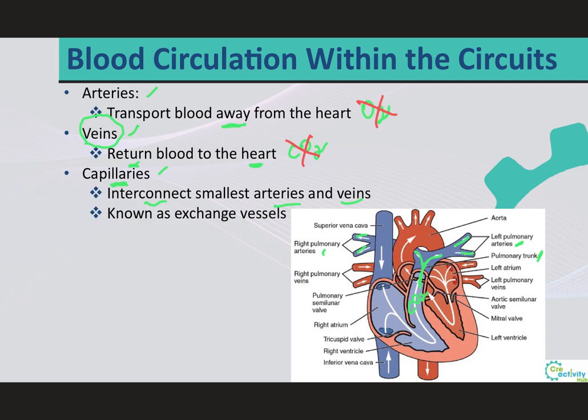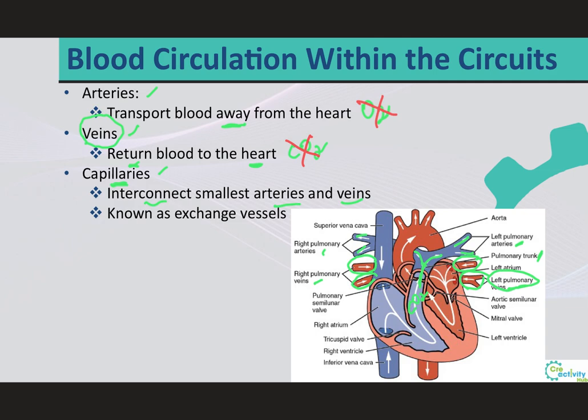These veins are called the pulmonary veins. Makes sense, right? It doesn't get easier than this. These veins belong to the pulmonary circuit, therefore they are going to be called the pulmonary veins. And remember that these veins are carrying oxygen-rich blood, so this means that the color of this blood is bright red. And on this image, you can see the bright red right pulmonary veins carrying oxygen-rich blood from the right lung, and the left pulmonary veins carrying oxygen-rich blood from the left lung, and both will empty their contents into